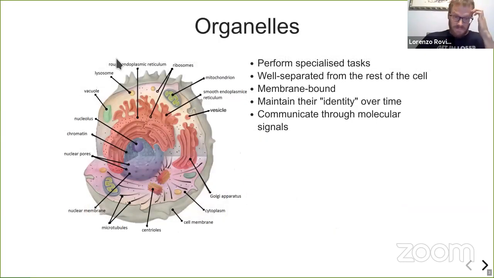So these are called organelles, and there are many of them. I'll be honest, I probably don't know the role of the majority of them in a cell. These are very hard. It's a very studied field of biology, and the general thing about them is that they perform some specialized tasks, and there is an interior and an exterior of these things. So they are well separated by a membrane. Okay, so that's crucial. Since they have this membrane, they sort of maintain an identity over some, let's say, long time scale.